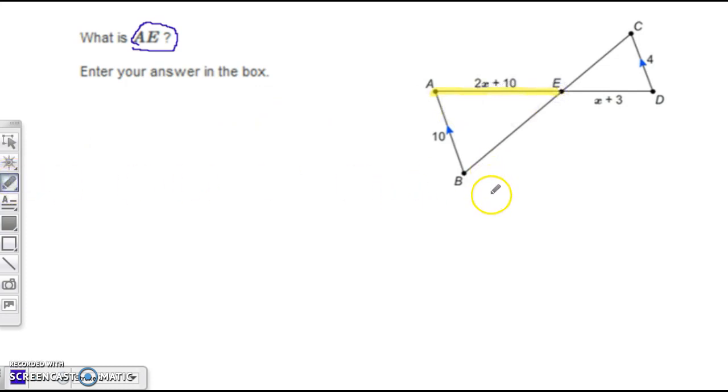Okay, now this looks a little bit crazy here, but we actually have two similar triangles. We have this triangle, and we have this triangle. And the reason we know they're similar is because 10 and 4, those two segments are parallel. So we know that the alternate,